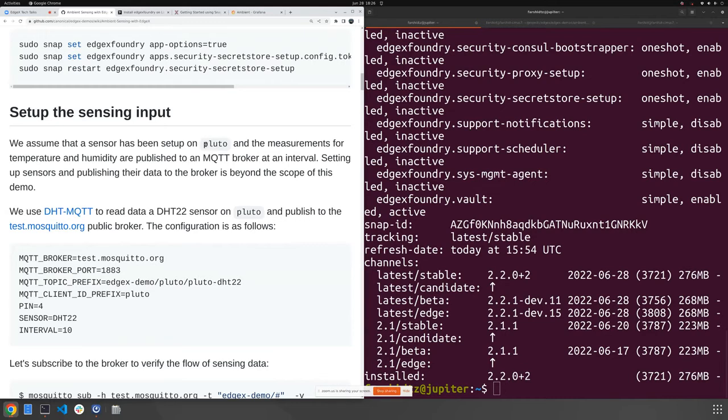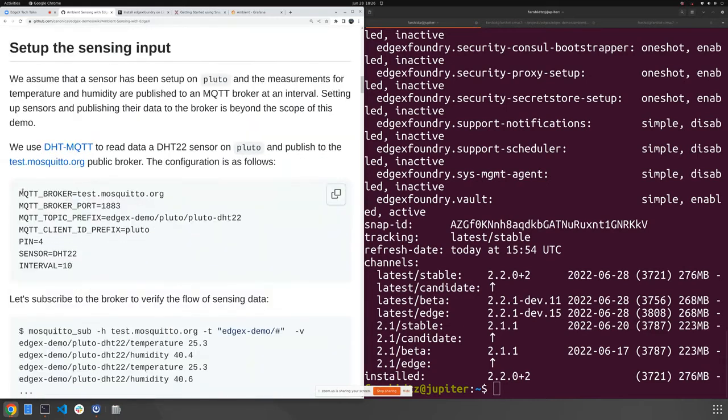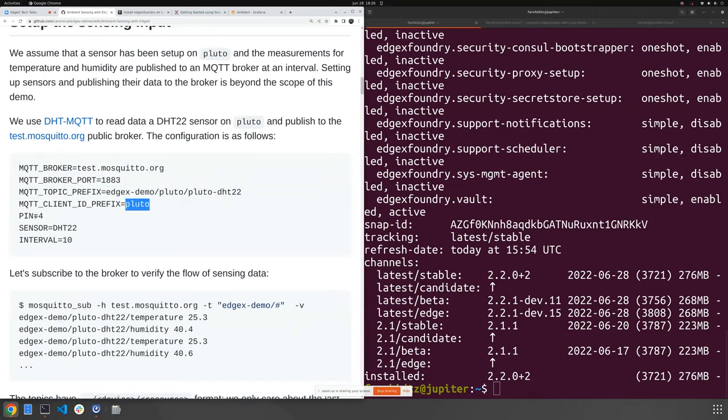We have already set up this application called DHTMQTT on Pluto, and it has the following configuration. It is publishing to a public broker. It has a port, and then it has a topic prefix for the data that's coming in. It has a client ID, the pin that the sensor is connected to, the type of sensor. It could be DHT22, 11, or 21. And then there's the interval, which is how often it is querying that device to get the reading and publish